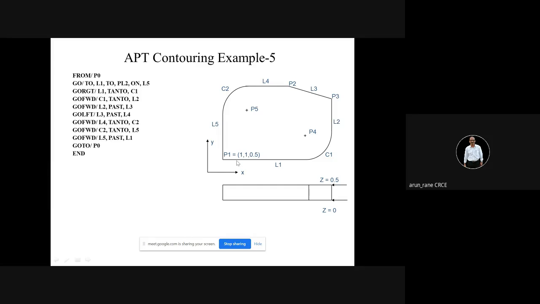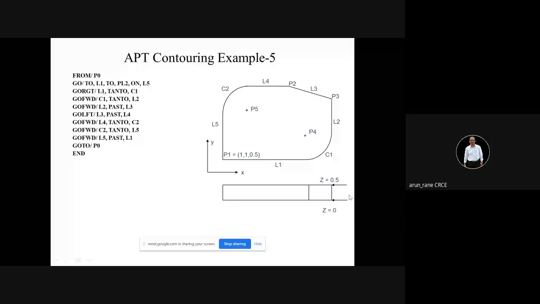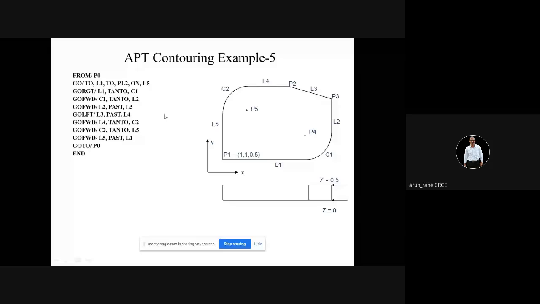That means, first of all, you have to identify what you are going to do. Here we are going to do external milling, barrel milling. So for the entire thickness, the cutter should be somewhere here at this level, isn't it? Because this total thickness has to be machined. And when I said on L5, that means the center line of the cutter and this line L5 will match. So the cutter will be like this.